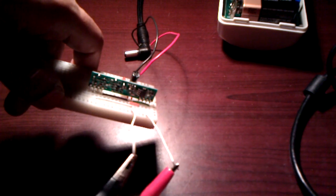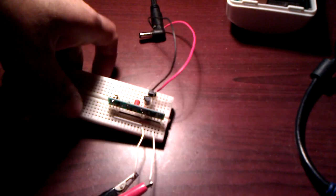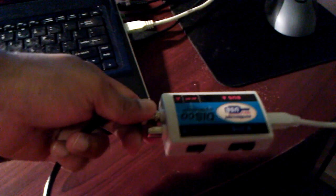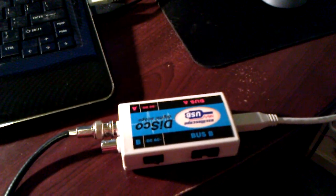So I've got 2 probes which are connected to my oscilloscope here. So the oscilloscope you see here is a disco USB oscilloscope. It's actually pretty cool. It allows you to read the logic and display it on the computer. So let's do a quick test, right? So the first thing I'm going to do